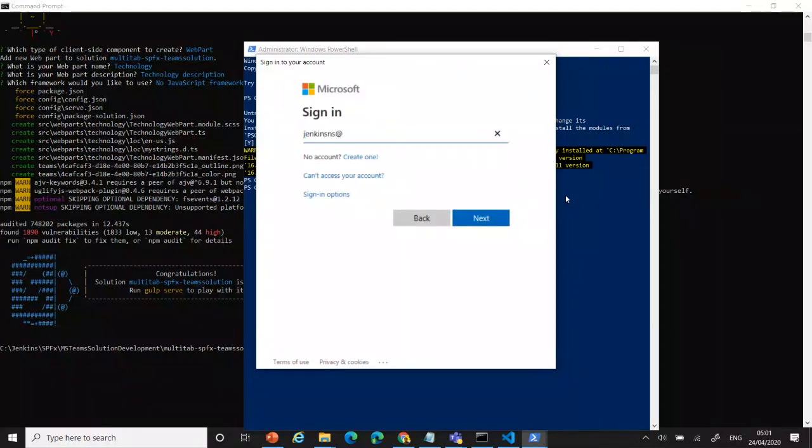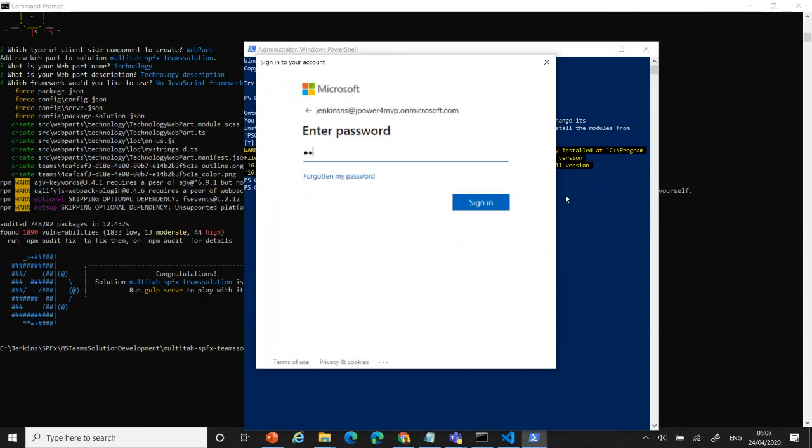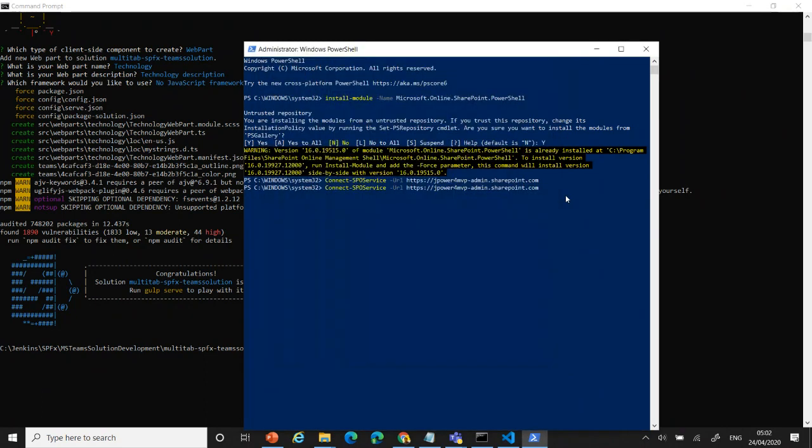I think maybe it's having some issue, maybe that's the reason. I connect again on Microsoft. Yeah, now it's connected.